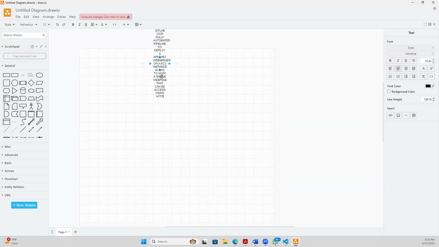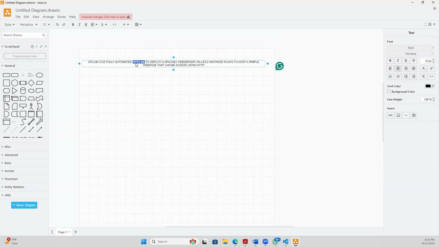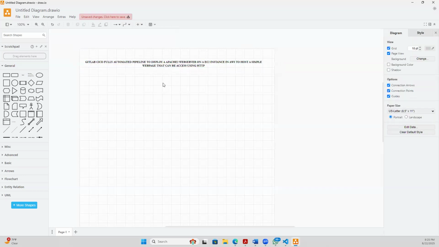Design: GitLab CI/CD for the automated pipeline to deploy an Apache web server on an EC2 instance in AWS to